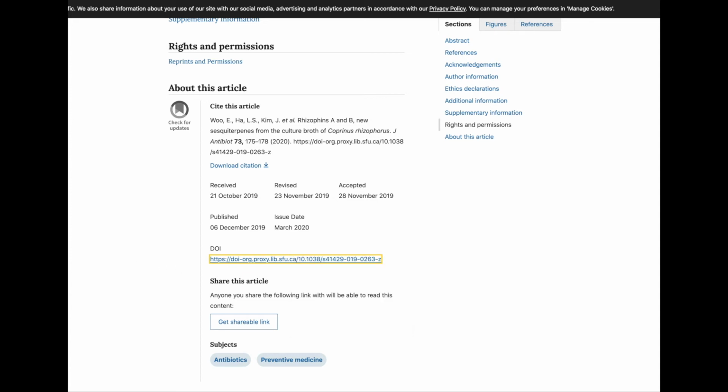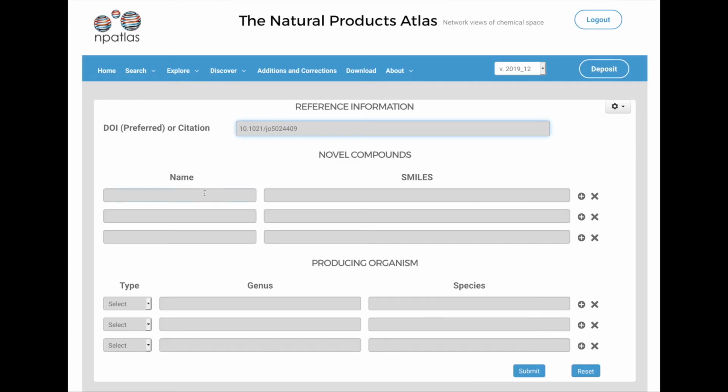Okay, so the next thing we need is the names of the compounds, so we can just put the first one in here. There are lots in this article. I'm not going to do them all, but we'll do a few just to